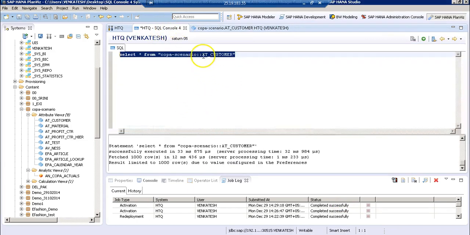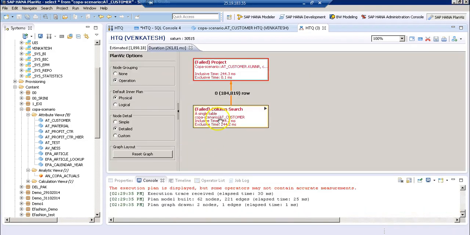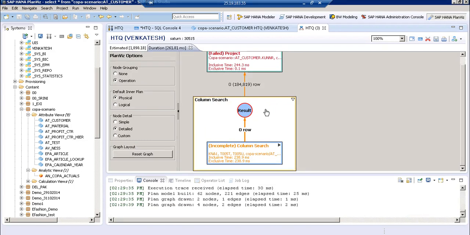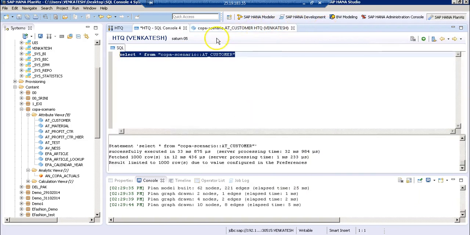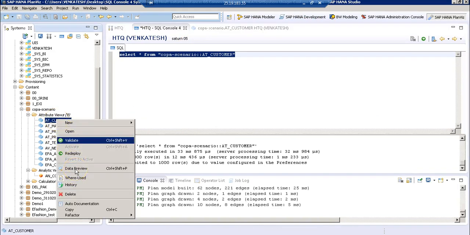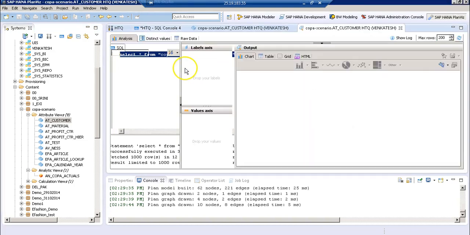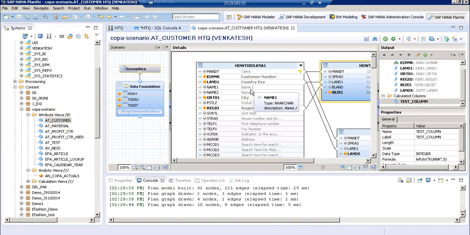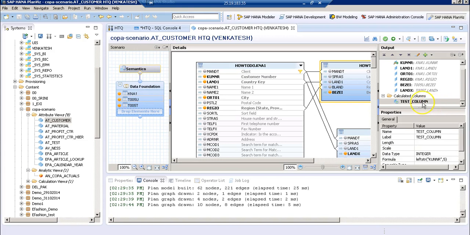Now let's run the visualize plan again. Oops. Okay, let's see the data preview. Let's open this. It's saying the attribute value is not a number. Here it is int. Okay, so we have used a string function, right? So the data type should be